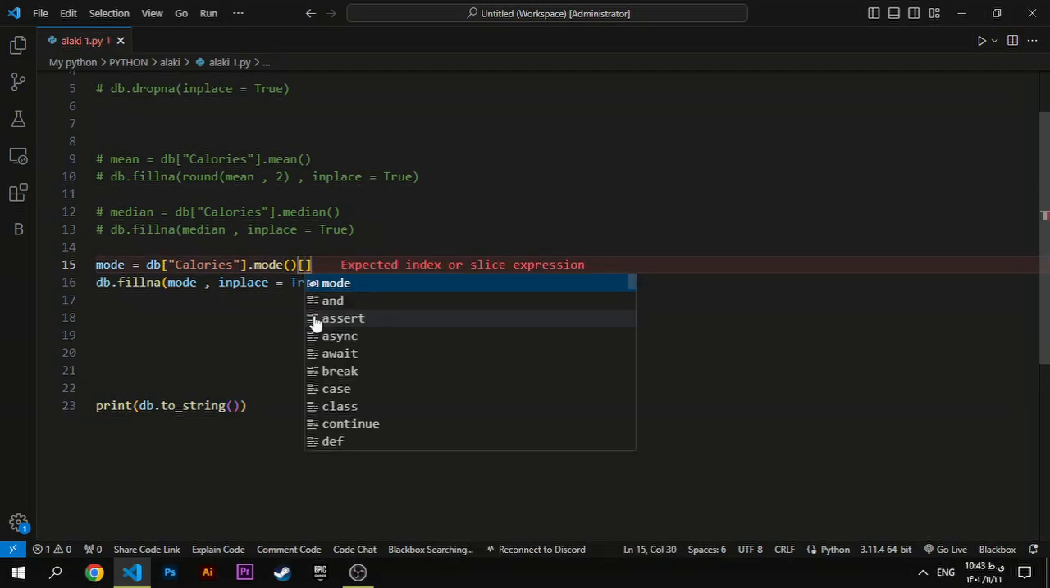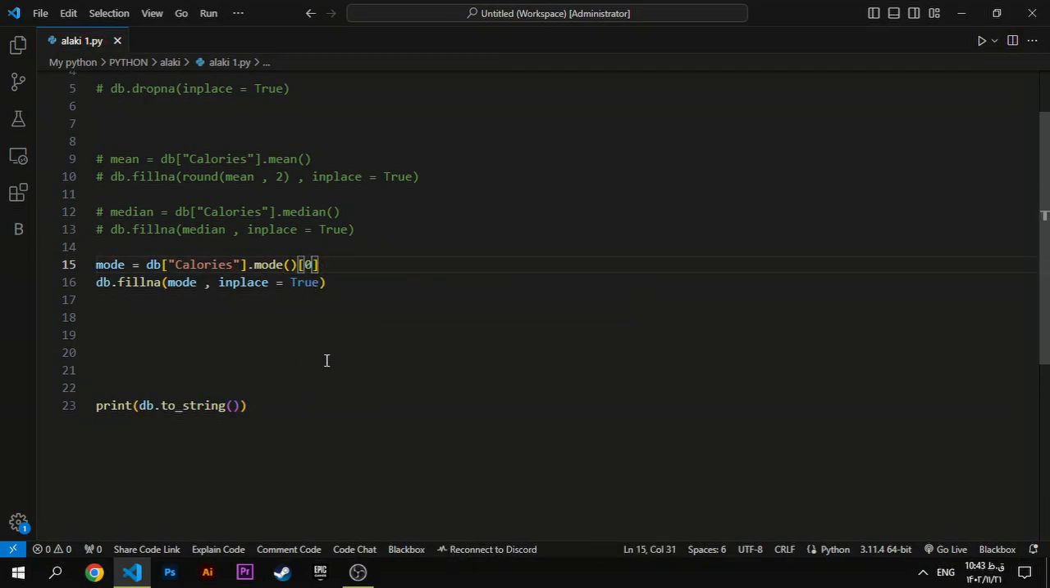Okay, now why I type index 0? In this method, if your database has two most frequent numbers, for example 10 of 1000 data and 1000 of 200 data, this index gets the first one, for example 100. Okay, that's how it works here. If I type 1,